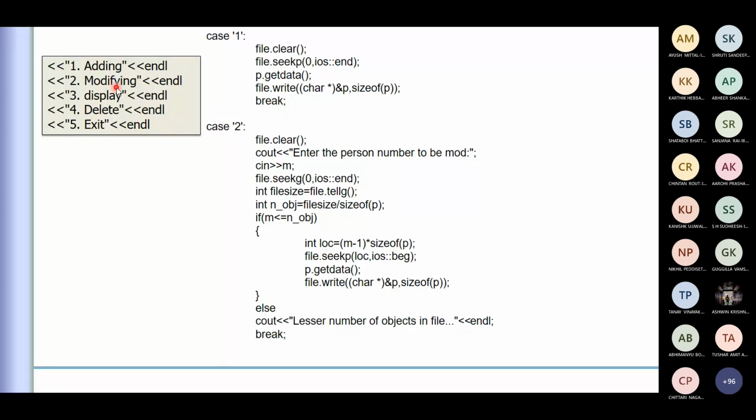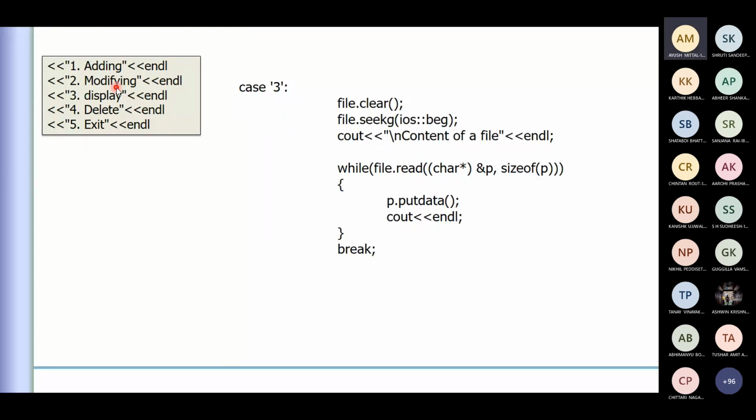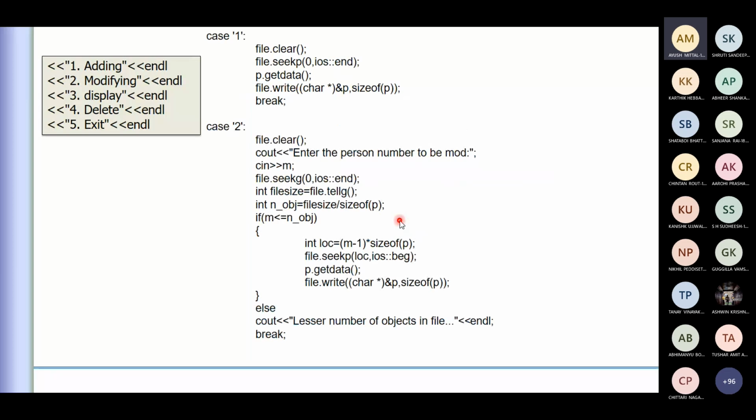Now the third one is very simple. It's displaying the content, which we already know. Ma'am, in case 2, in the body of if, why are we doing p dot get data? Where are you asking me? Here, if m is less than...